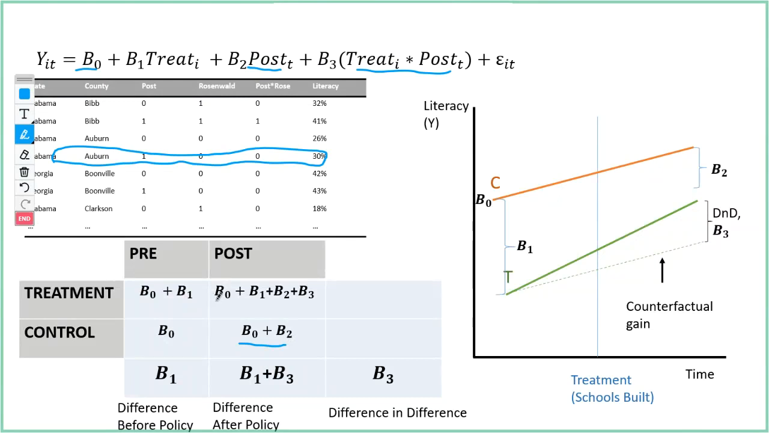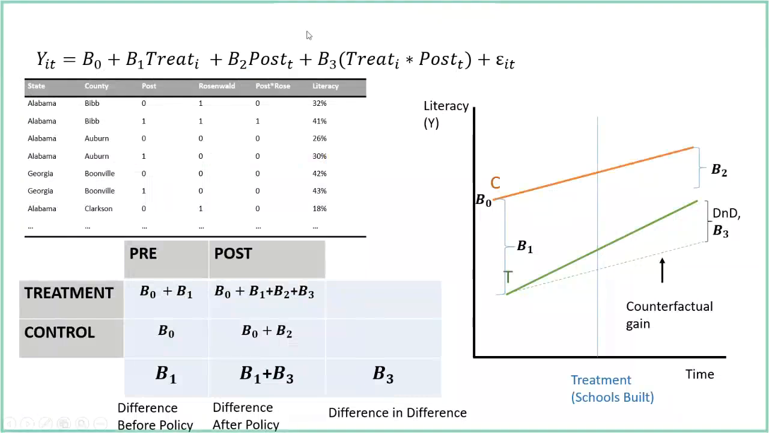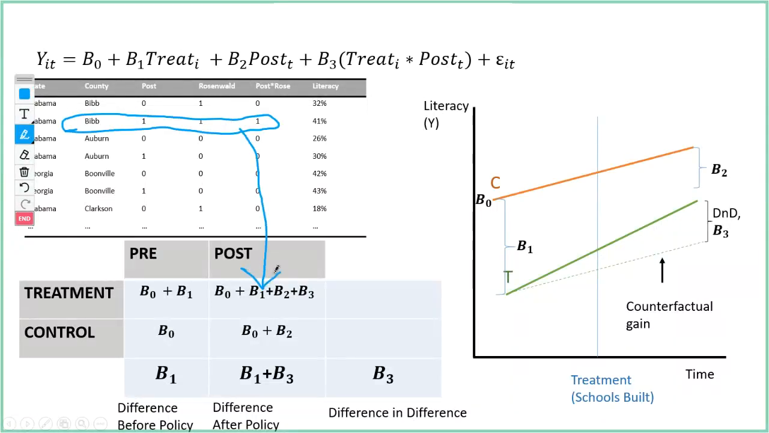For treated counties after Rosenwald schools were built, all four coefficients, beta 0, beta 1, beta 2, and beta 3, apply to them, because beta 0 applies to everyone. These are treated counties after the Rosenwald schools were built, and thus 1 times 1 equals 1. So this last box you can think of as like Bibb County there. The difference between these two columns, between the treatment and control afterwards, is beta 1 plus beta 3,